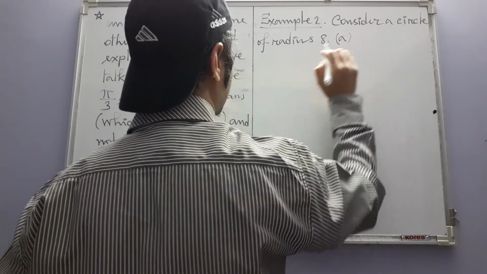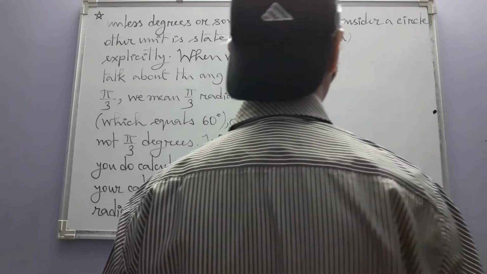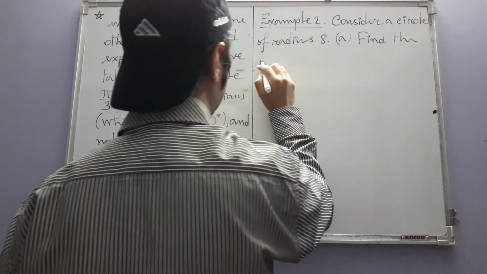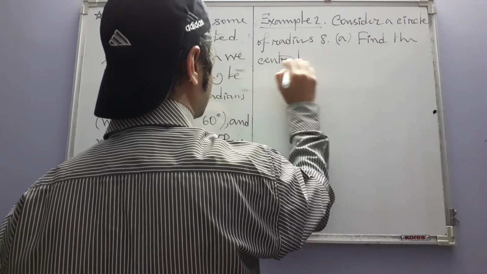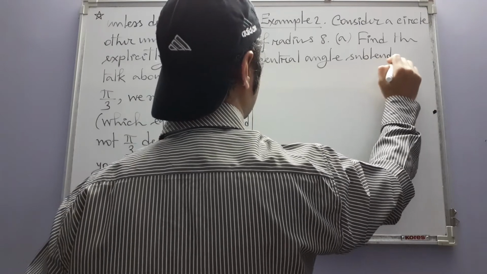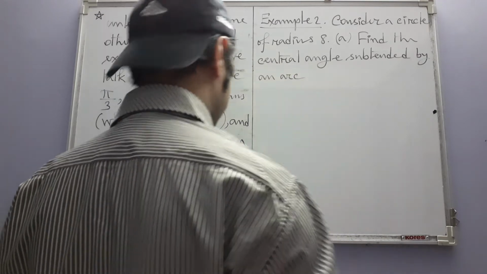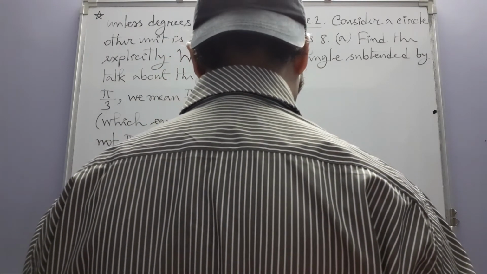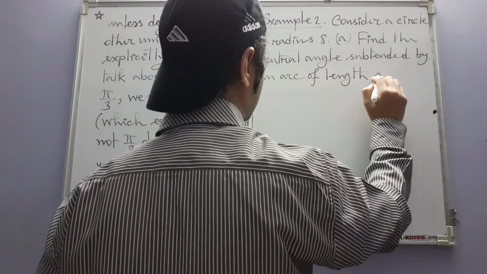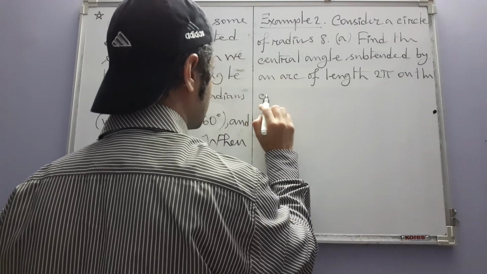Part A asks us to find the central angle subtended by an arc of length 2 pi on the circle,